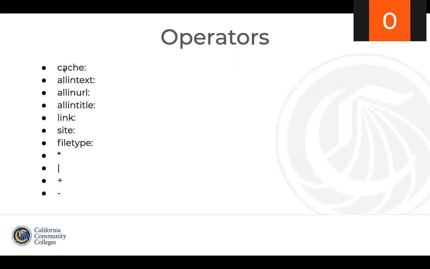So these are the common operators you could use in Google search. A social engineer is most likely to use allintext, allinurl, and site. Allintext searches for a specific text that's contained on a web page. Allinurl is used to find various keywords in a URL. And site is just looking at specific websites for a Google search term.